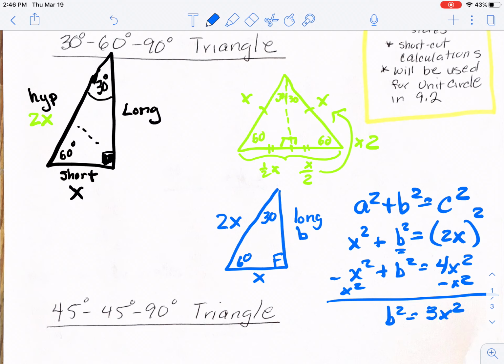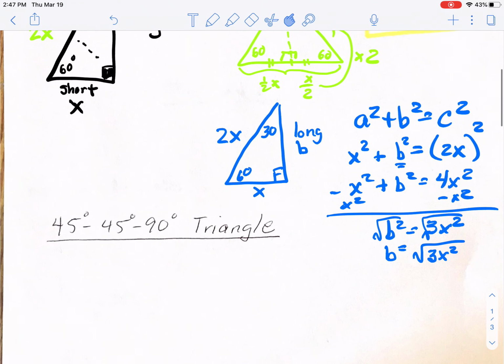But I don't want b squared, I want b. So I'm going to square root. Whatever I do to one side, same thing happens on the other side. I'm not going to write plus or minus because these are sides of a triangle, so they're all going to be positive. So I get b is equal to the square root of 3x squared. Well, if we talk simple radical form,